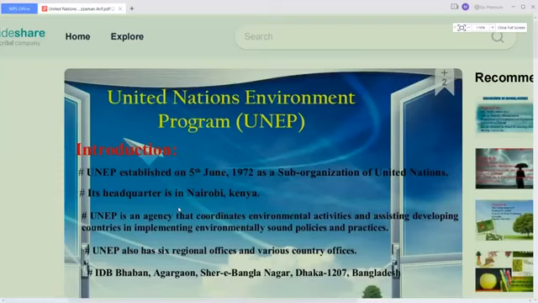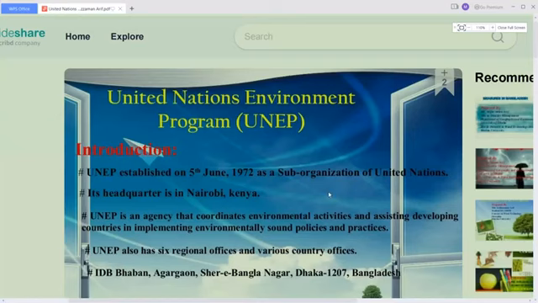So first one is the UNEP. UNEP means United Nations Environmental Program. It was established on 5th June 1972. It is a sub-organization of the United Nations. It mainly helps in the protection of the environment, sustainability, environmental activities, and protecting the environment in the developing countries. The main headquarters is located in